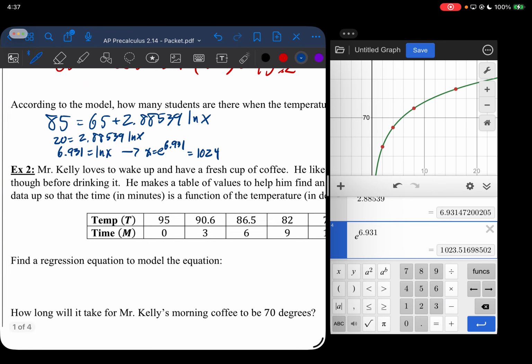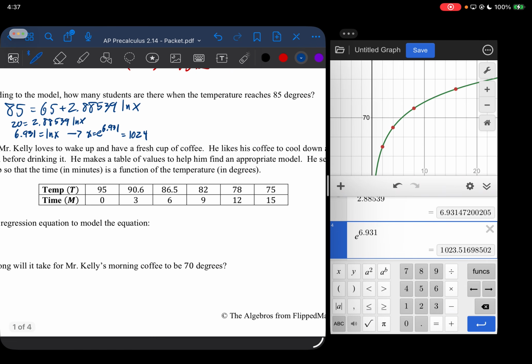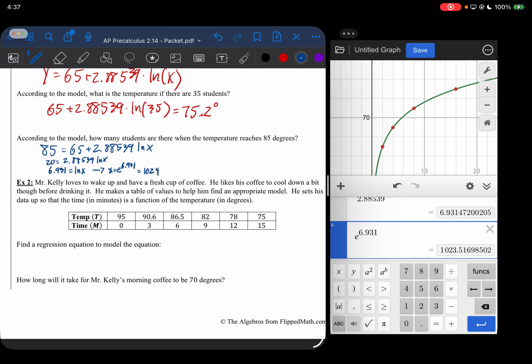Now, example 2. Here, it says Mr. Kelly loves to wake up and have a fresh cup of coffee. He likes his coffee to cool down before drinking it, so he makes a table of values to help him find an appropriate model. He sets his data up so that the time in minutes is a function of the